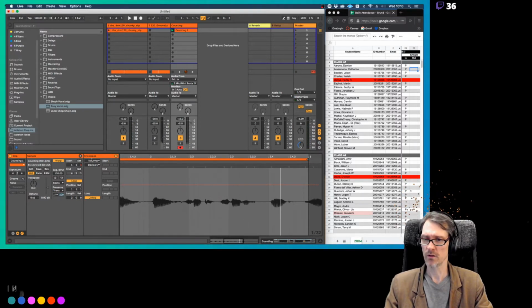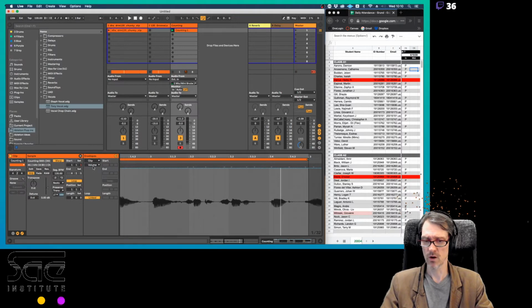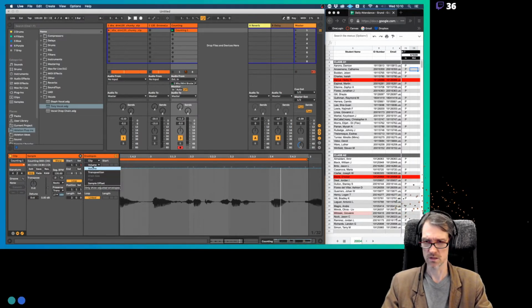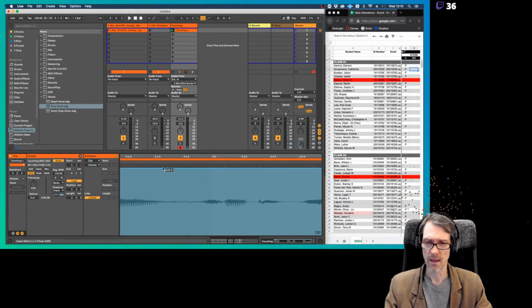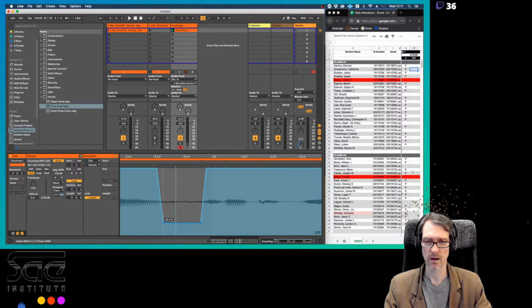So what I'm going to do is I'm going to go over here to my envelope, and I'm going to go to my clip envelope. I'm going to go to volume, which is already selected. And I'm going to turn my grid off, and I'm just going to put in some points and drag it down, and there we go. So now